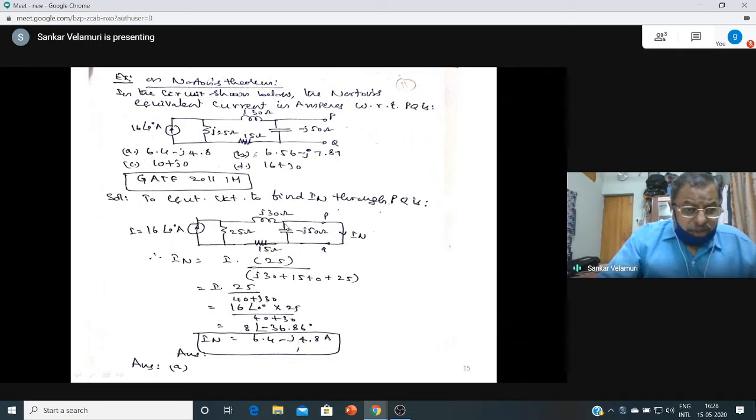Now when PQ is shorted, this capacitance is shorted, then 30 ohms and 15 ohms are connected in series, and this is the current source. The current division rule I have applied. So this much of idea has to be generated in your mind before writing down this particular equation. I don't know whether it is right or wrong. I think it is right. But what I want to say is, when you are finding the Norton's current, you have to keep these things in your mind. So that is why in